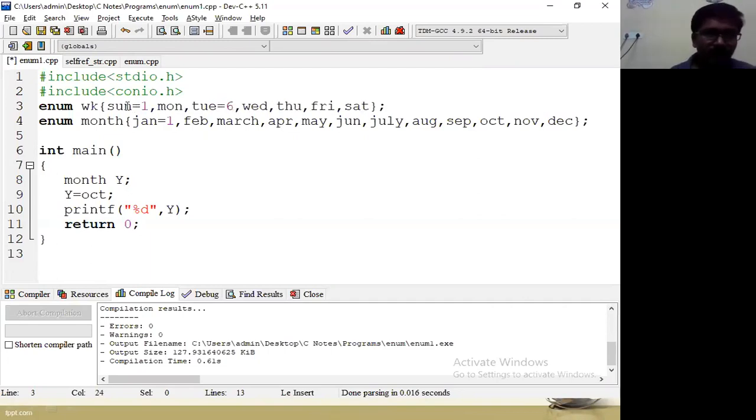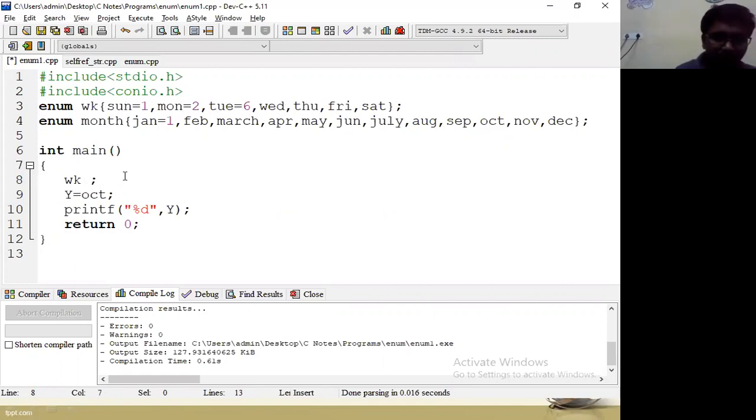So here initial value equal to 1, then Monday will become 2. Tuesday is already assigned 6. Then Wednesday must be 7. Let us verify in this example. What is the data type? Week data type.